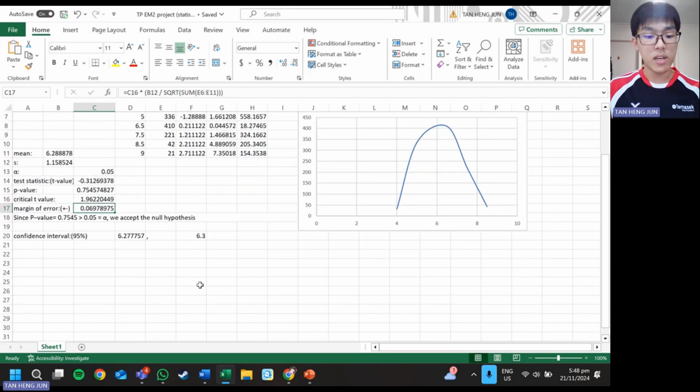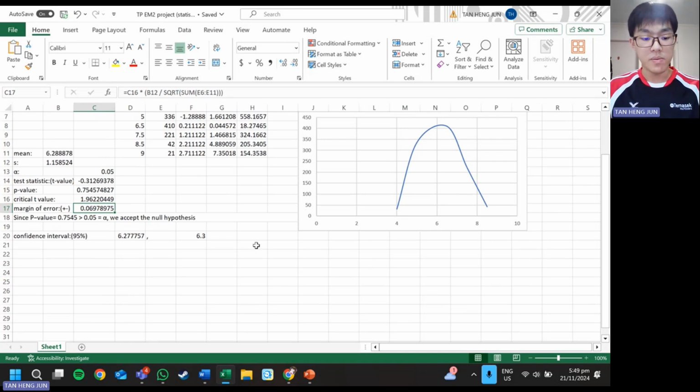The confidence interval can be interpreted as an estimate of where the population mean is likely to be given the sample data. And confidence level is the chance of which the true mean lies within the confidence interval. To find the upper and lower bound of the confidence interval, we add and subtract the margin of error from the sample mean respectively. In my case, the confidence interval has a lower bound of 6.277 and an upper bound